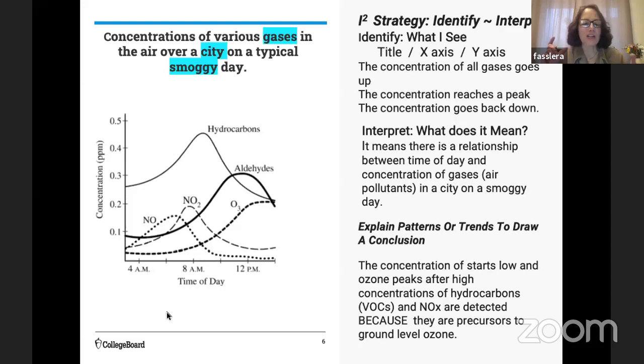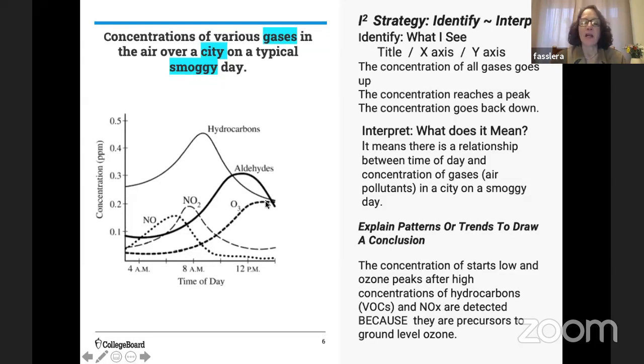So mentally, I just kind of in my head went through and I made sense of that graph. And I said, okay, here's that relationship. Now, how do I take all of that information that I just processed and use it to draw some kind of conclusion? Well, the fact that these gases are peaking at different times of day, what really is jumping out to me here, and what I can explain based on this data,